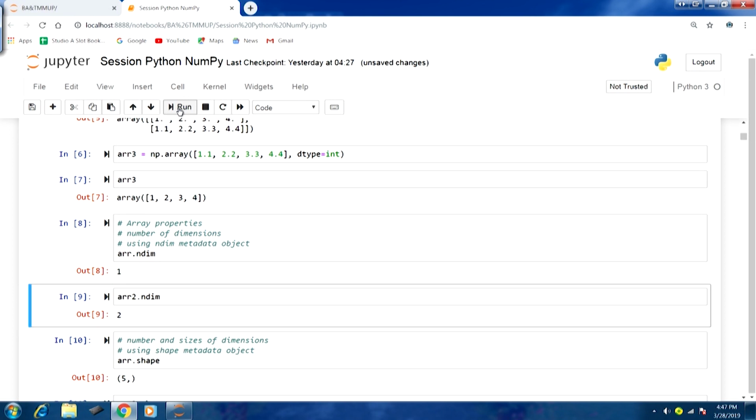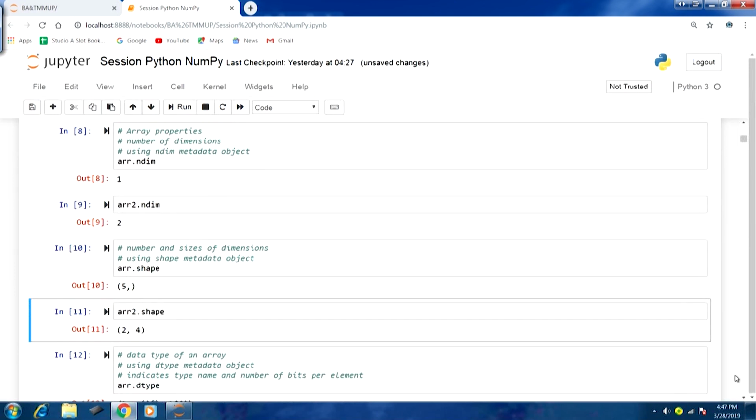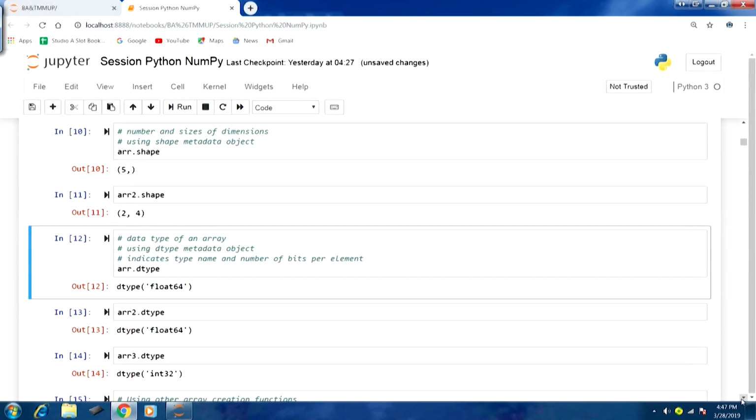The number of dimensions for array is 1, the number of dimensions for array 2 is 2, and the shape for array is 5, because this is just a 1-dimensional array with 5 elements, and for array 2 the shape is (2, 4). So, this is indicating 2 dimensions, with the first one having 2 elements and the second one having 4 elements. So, this is about array 2.